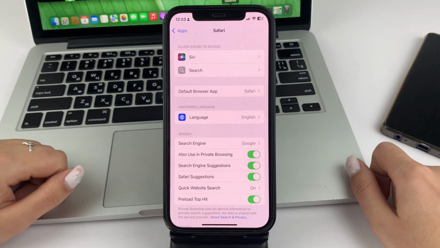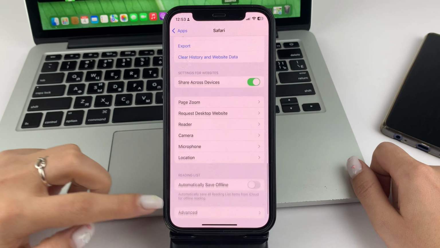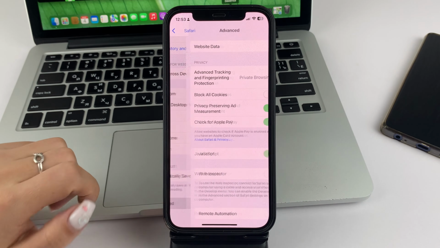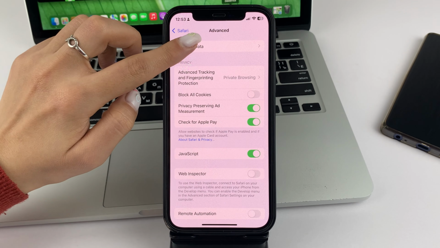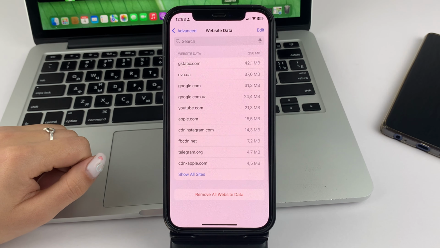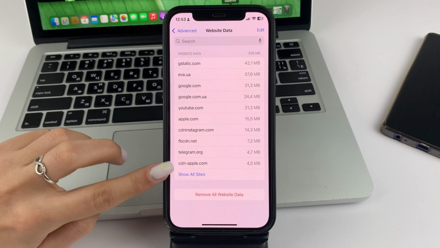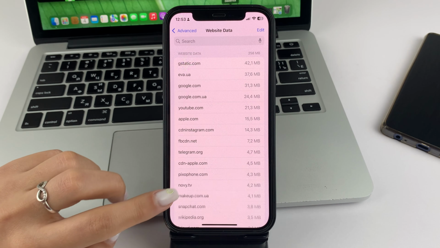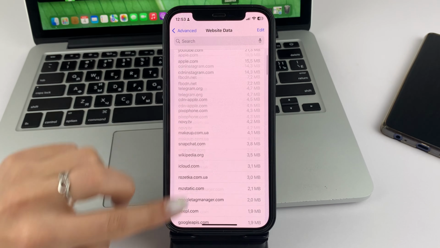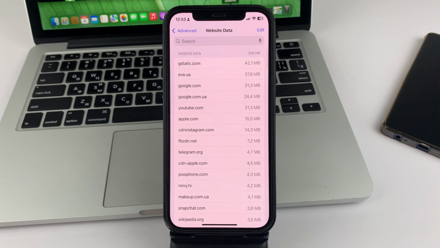And when you open Safari, scroll to the bottom, look for More. Now the website data, and wait a little bit for it to load. You can click on View All Sites. You'll see absolutely all the sites you've been to. They may not be in order, of course, but it will be the data of all the sites.